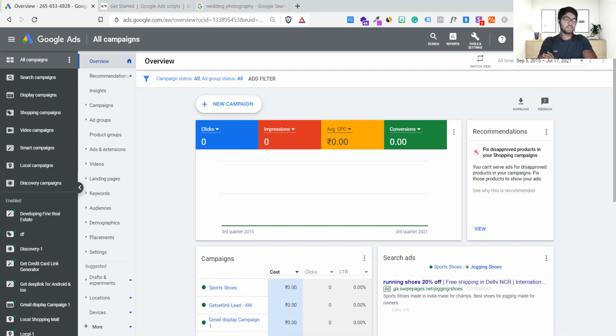See, if the customer knows about this kind of thing, Google and Facebook ads, then you don't have to explain why you need money for ad spend. But if someone doesn't know how Facebook ads and Google ads work, make them understand how things actually work, how we do targeting.